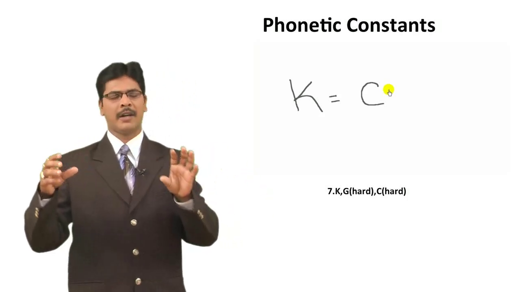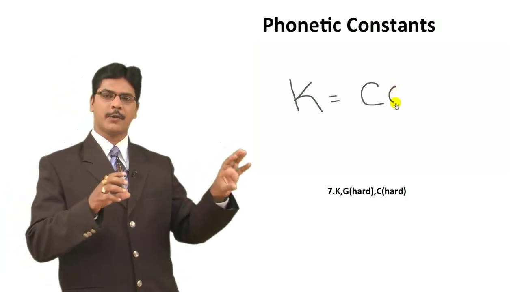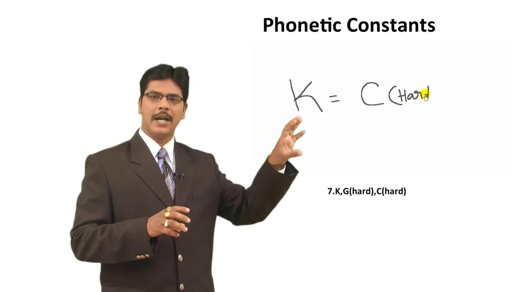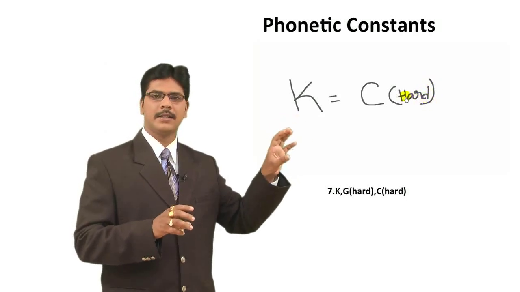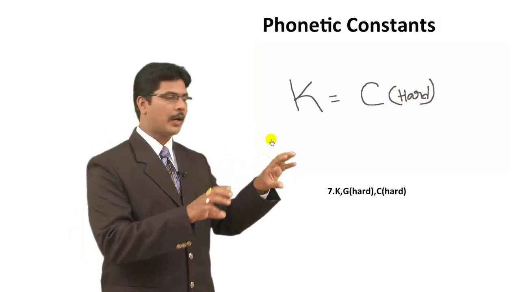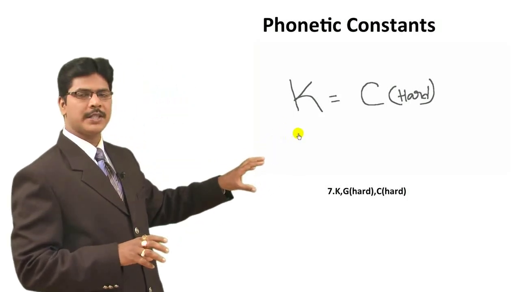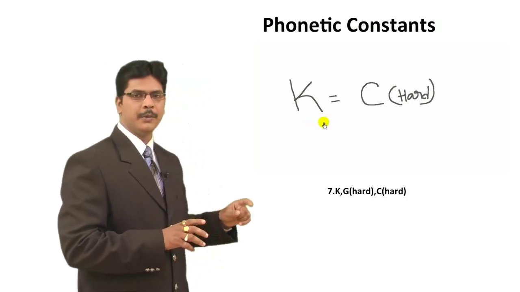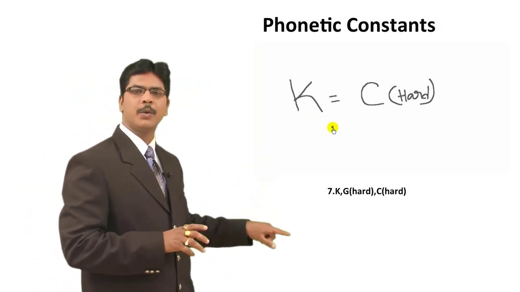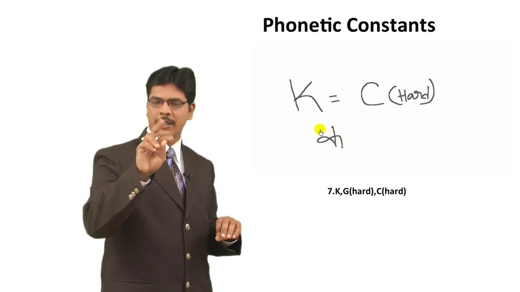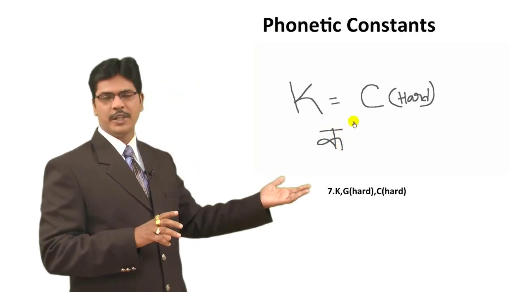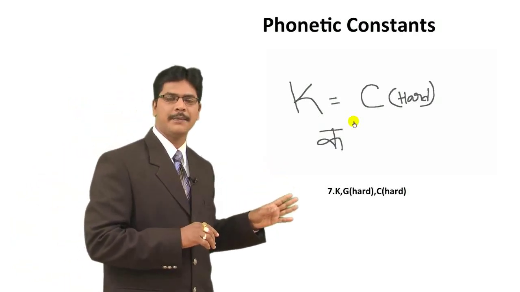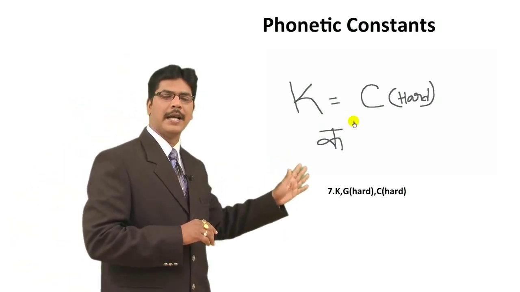So the English people have understood this and they named it, very well named. The C which sounds like K, they named it C hard. The C which sounds like S, they named it C soft. So as of now here we have K, right? So which C will fit here? It should be C hard. Now mind you, K and C hard, both are the same. Both are giving one sound, Ka only. And G of course Ga. So for 7, the phonetic consonants are K, G hard and C hard.